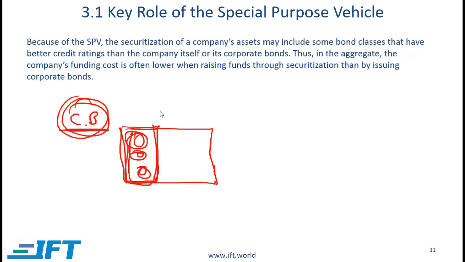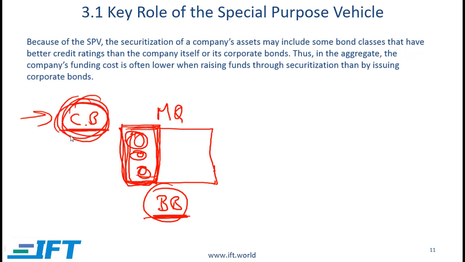Let's also say that Mediquip has a corporate rating of BB. If this is the case, then the rating of this corporate bond is going to be heavily influenced by the overall rating of the company. Even though there is this collateral, investors will be concerned that if payments do come in, perhaps Mediquip will use the payments for something else. There is also a concern that if Mediquip is reorganized, then what will happen to these receivables? Will the investors here still have a claim against these receivables?